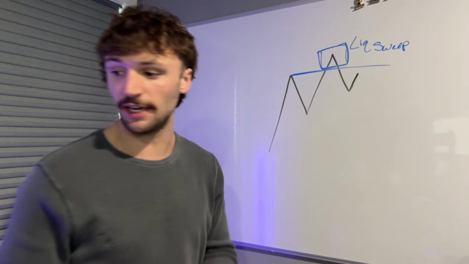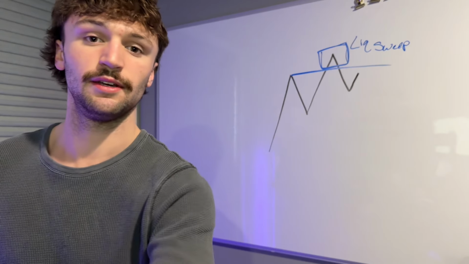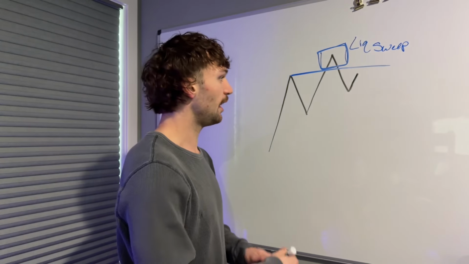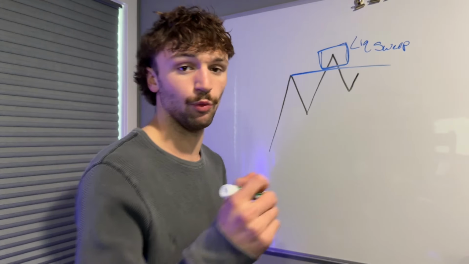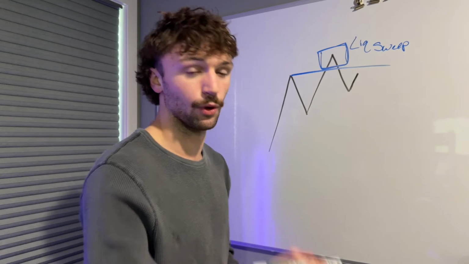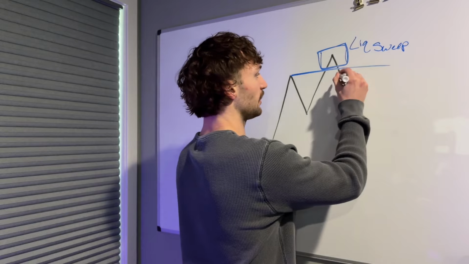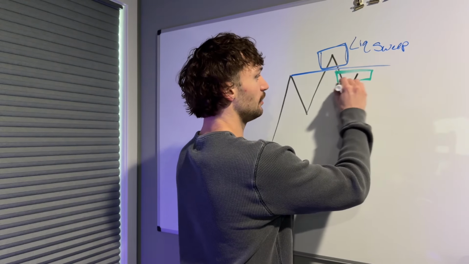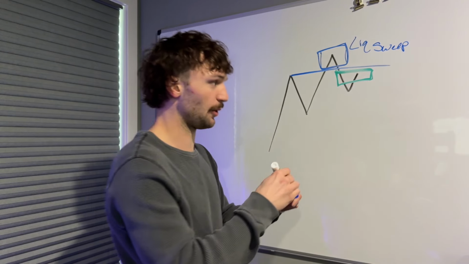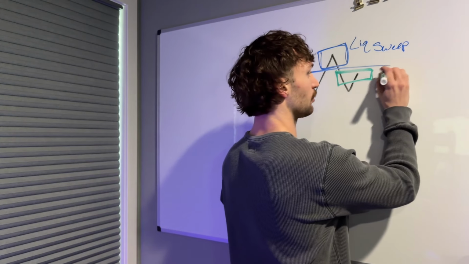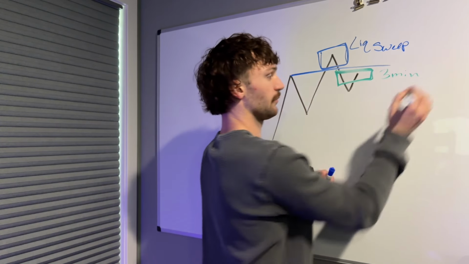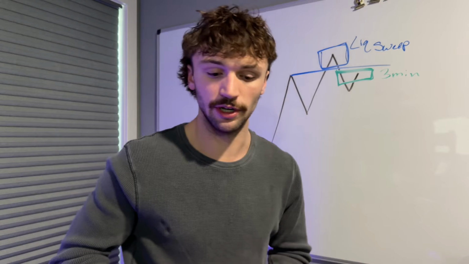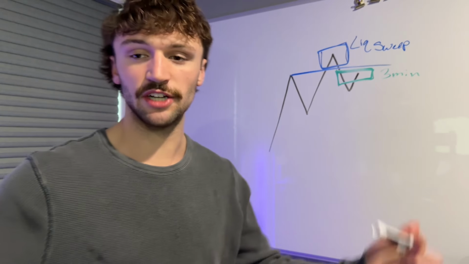And if we do continue in that direction, what you are looking for next is going to be a fair value gap on the 1 minute, 3 minute, or 5 minute. So you're going to look for something like this. Maybe a fair value gap that we created right here, and let's just say that is our fair value gap on the 3 minute. Okay, perfect. You know what we're doing now? We are waiting for a rejection.